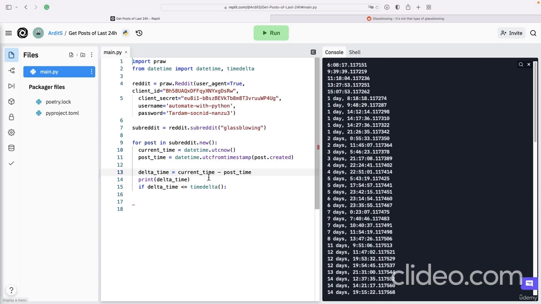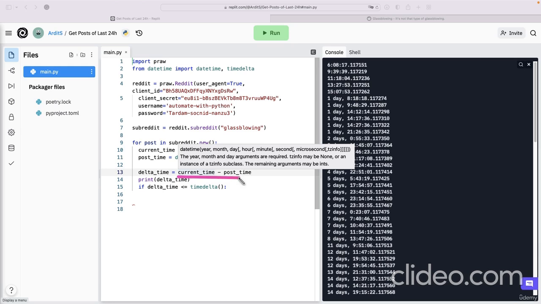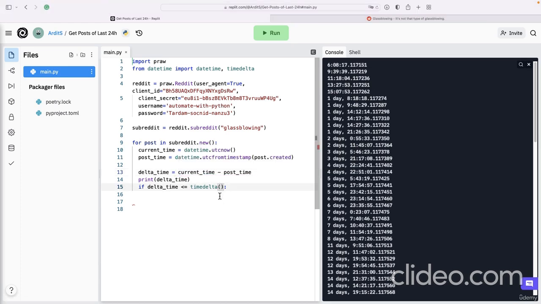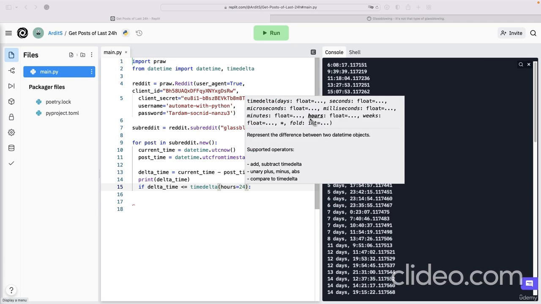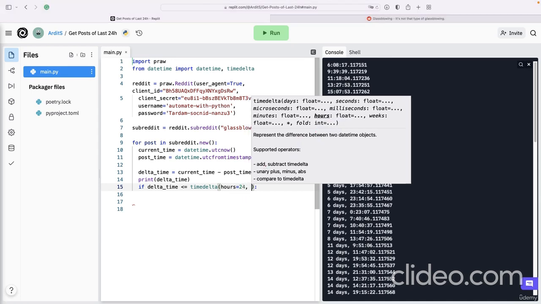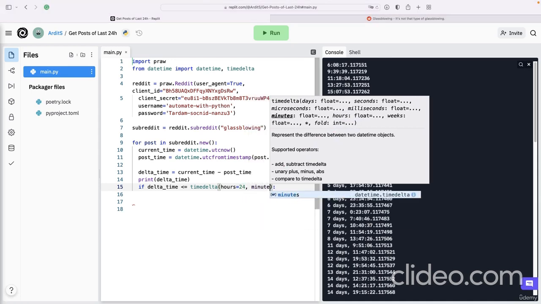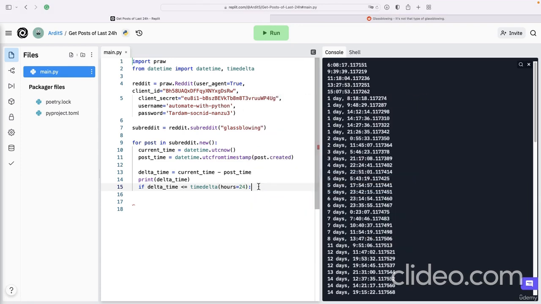So this object is created implicitly through the difference of 2 different timestamps, but still you get a timedelta from that difference. So now we can say hours equals to 24. You see, this gets this hours argument, and it also has other arguments you can pass. So if you wanted a more accurate delta, such as 24 hours, 1 hour, 2 minutes and 3 seconds, you could do that by adding arguments here, like minutes equals to that and so on. But for us, in this case, it is 24 hours. So if that is the case, then